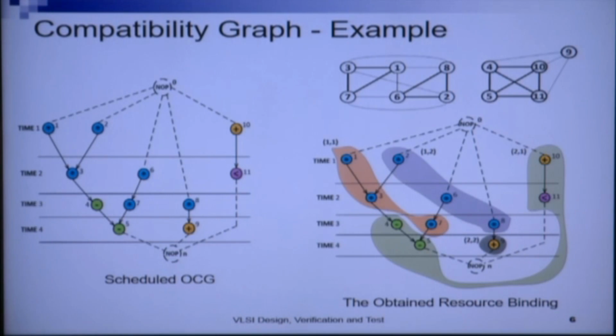Now, as an example of the actual resource binding that we can obtain, here is this. We have one multiplier, let us say multiplier instance 1, used to schedule operations 1, 3 and 7, which are in the same clique. Again, another multiplier, say multiplier 2, is used to execute operations 2, 6 and 8 in time steps 1, 2